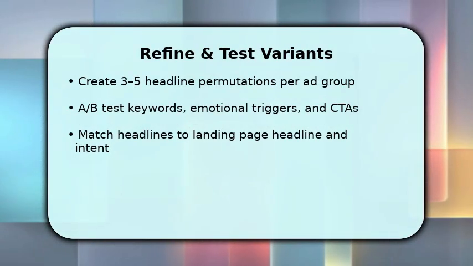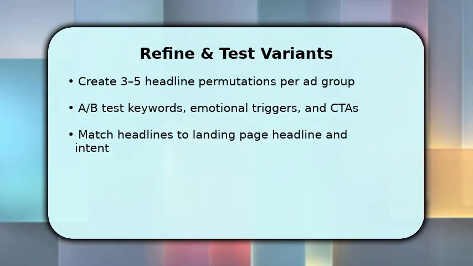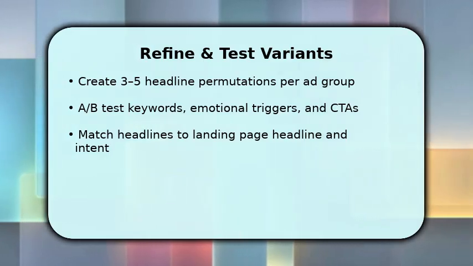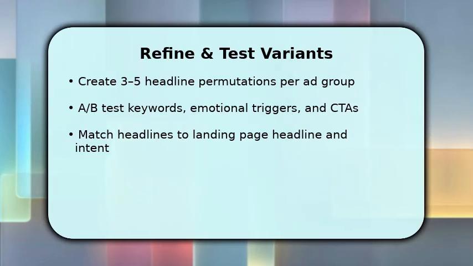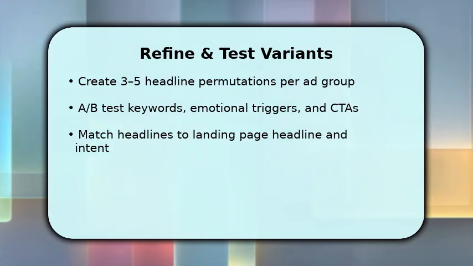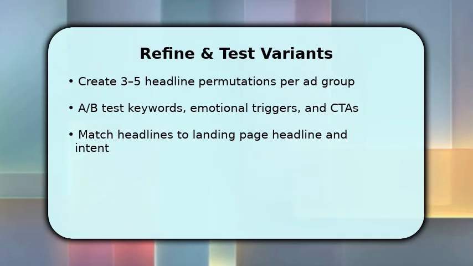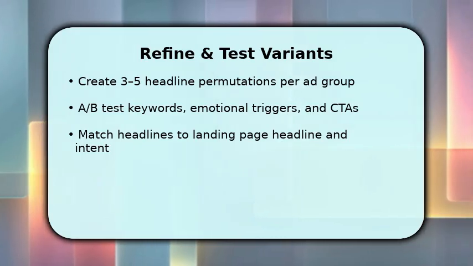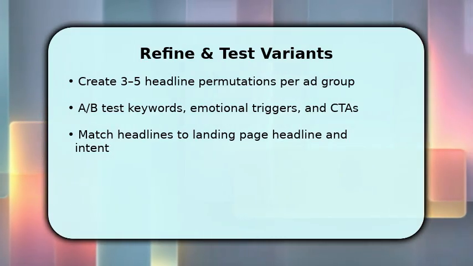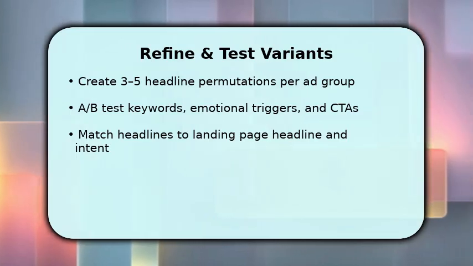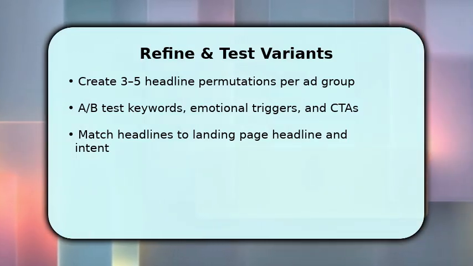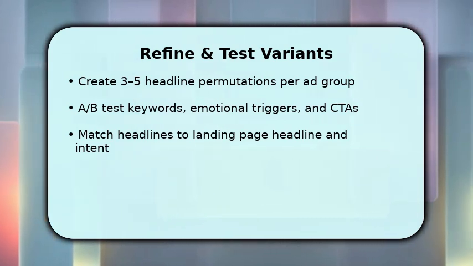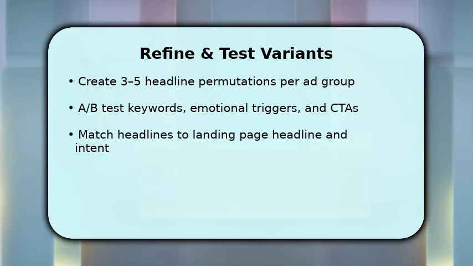Now you refine by generating permutations that swap modifiers, emotional triggers, and CTAs. These are your test candidates. Use A/B tests to measure CTR and downstream conversions, not just click volume, because clicks without conversions waste spend. Make sure headlines tightly match landing page messaging. Consistency improves quality score. Also try ad customizers for dynamic numbers or inventory. They increase relevance. Once running, let tests collect statistically meaningful data before choosing winners.